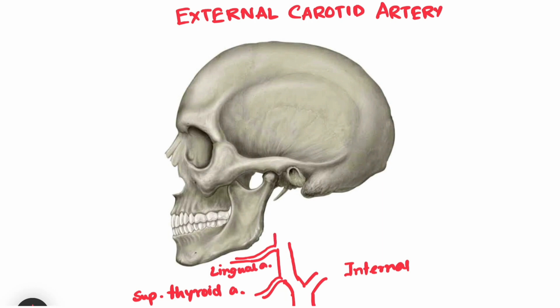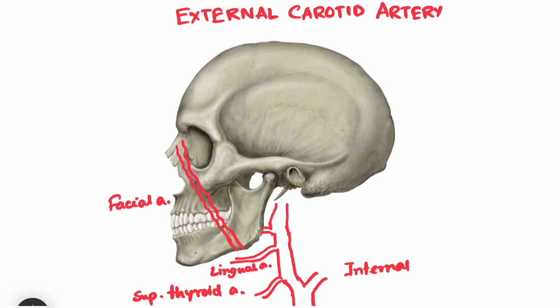Right. After that it moves up again, and then it gives off another branch which goes behind the mandible and comes out of the mandible and supplies the entire area of the face. This is known as the facial artery, right? Then the external carotid artery moves again further upwards,